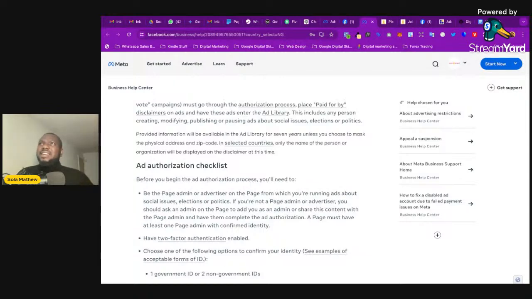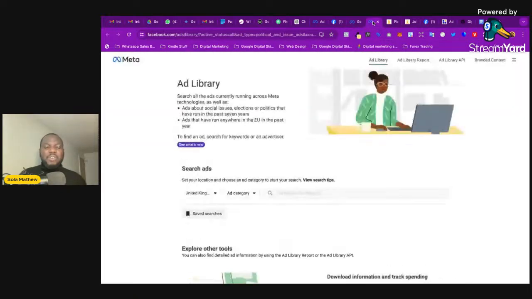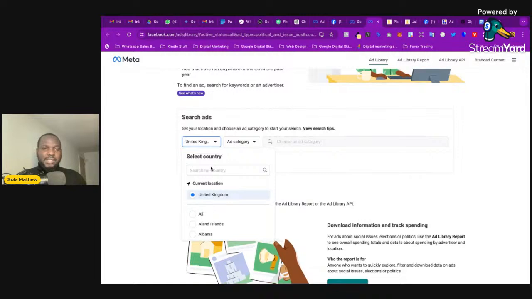I think it started a few years ago, whereby before you run any advert, because the advert is going to show on their ad library, and how much you are spending is going to show. That is why today, if you want to know how much Donald Trump is spending on adverts, if you go to their Facebook ad manager, you'll be able to know. If you want to know how much Democrats are spending on adverts, you'll be able to know. For example, if you go to US,